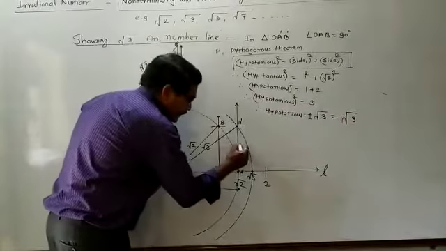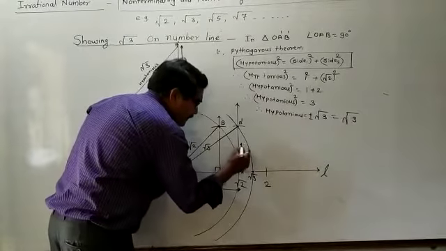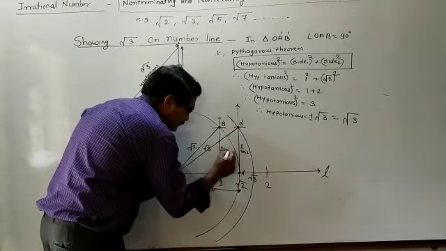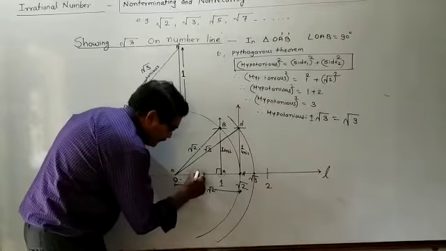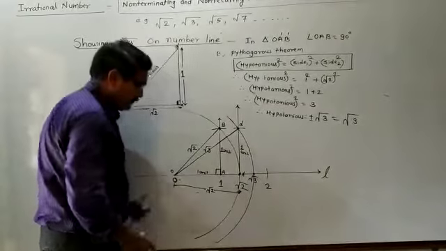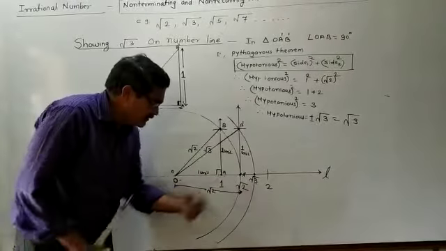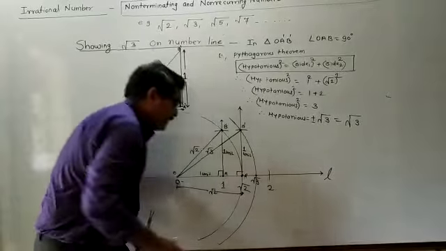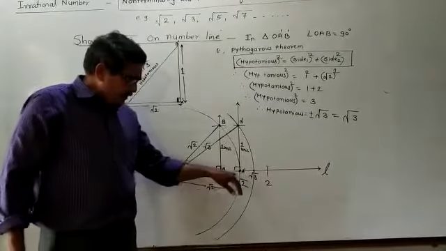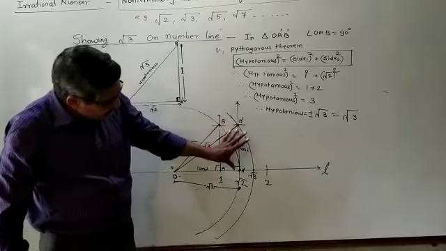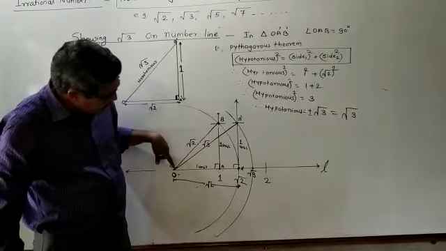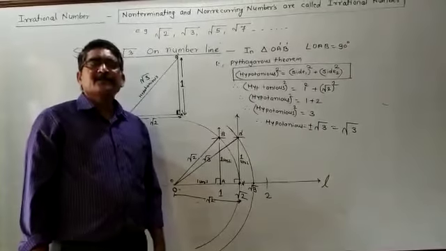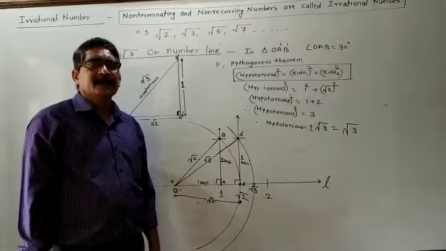And this is 1 unit. This one is 1 unit. This is also 1 unit. And this one is also 1 unit for the first diagram. But this O to this distance is for drawing the right angle. Here this is the right angle. For drawing the right angle, you have to take this distance as square root of 2, this distance as 1 unit. At that time this distance will come square root of 3. And in this way you will draw the square root of 3, and you will show the square root of 3 on the number line like this.